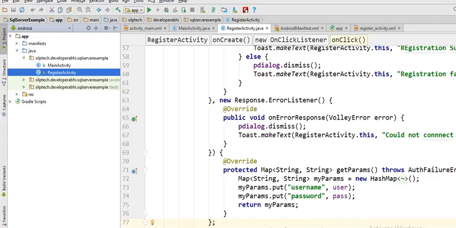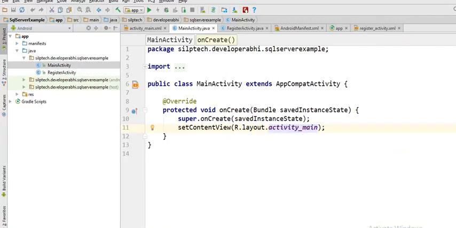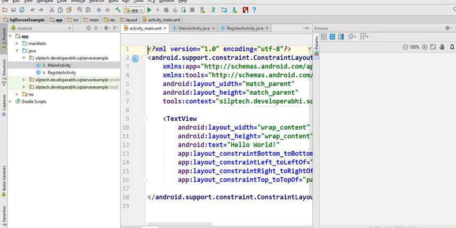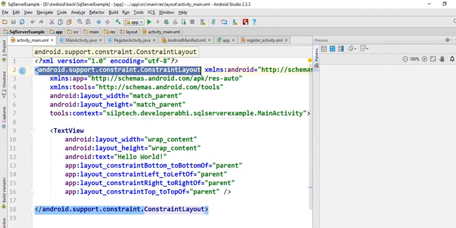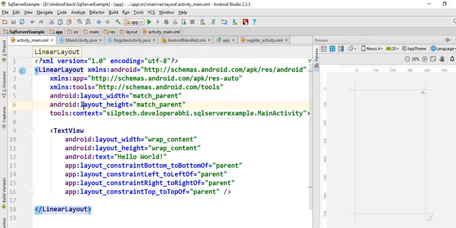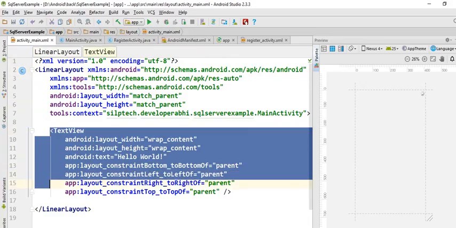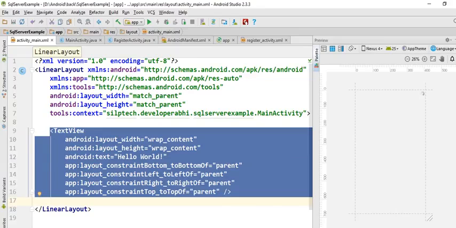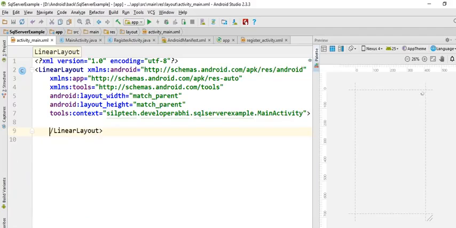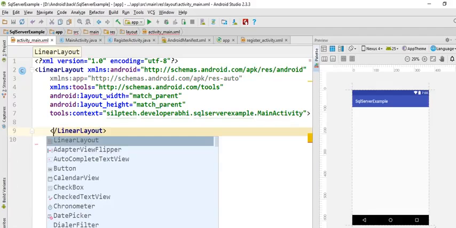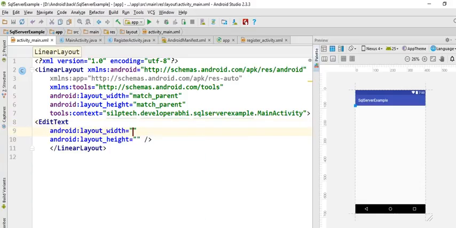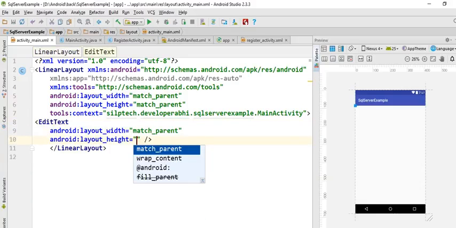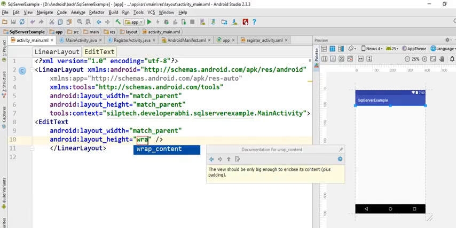So this is over. Now what we need to do is we need to implement a new activity for our login. Okay, let me use this main activity for login because this is empty. Here we haven't done anything here, so let's keep in linear layout, and then okay, let me go ahead and create an edit text here. I'm not going to do anything fancy. I'm just going to stay with the basics. A wrap content,